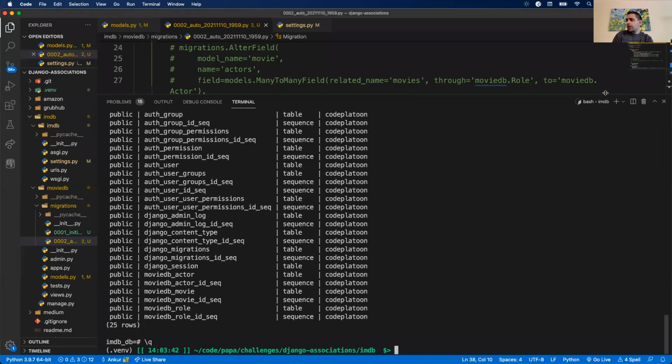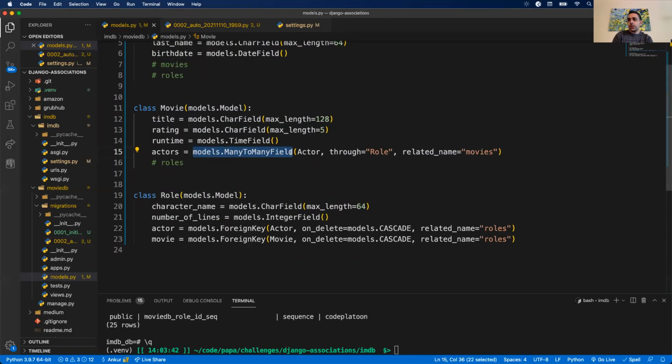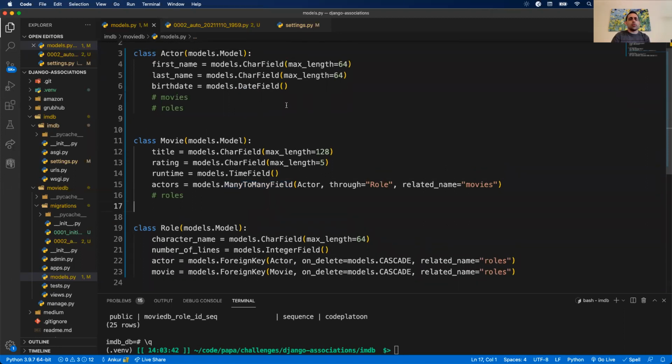Great question. I don't think I explicitly stated it, but looking at my models, it is not required for many relationships. I think that's handled by the foreign keys. Even when Django is making the join table for me, that join table is going to have foreign keys, so it has to deal with that somehow. I guess it automatically knows to cascade or not. I don't know how it's handled. But the answer to your question is no, you do not have to specify on_delete. For a many field, it's only required for foreign key fields. Which is kind of strange to me, because a many field is like a bi-directional foreign key in a sense, but I guess it's handled somehow.